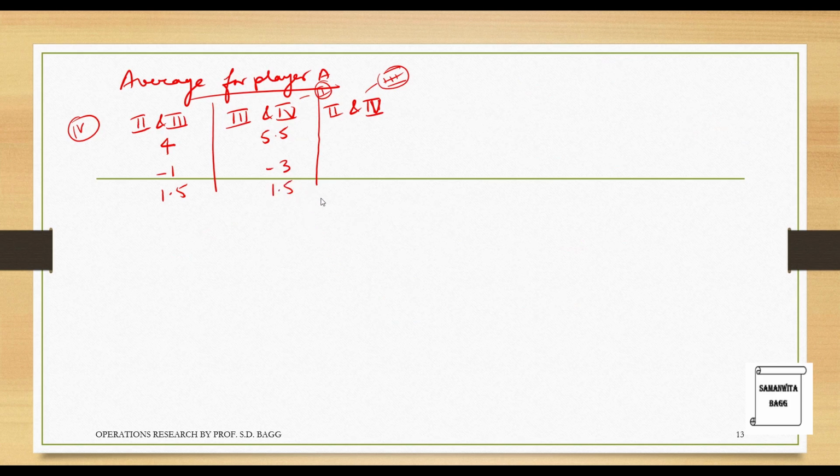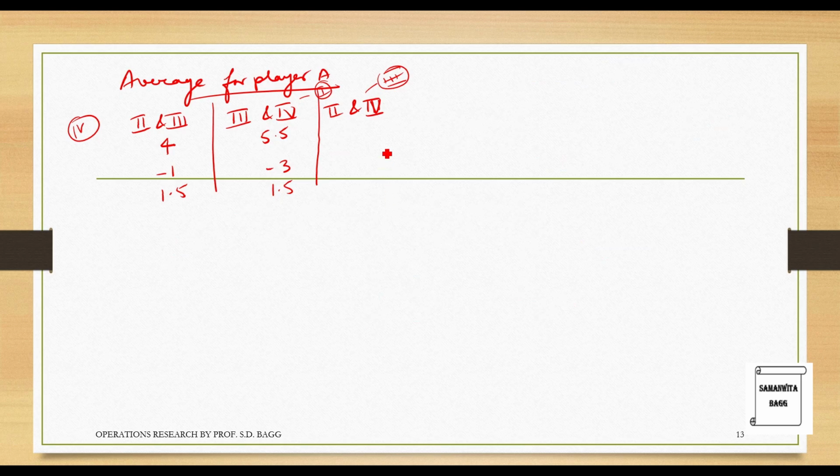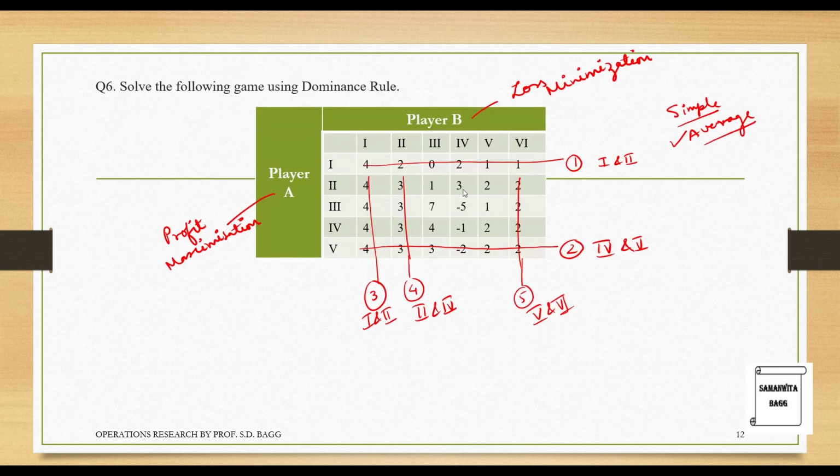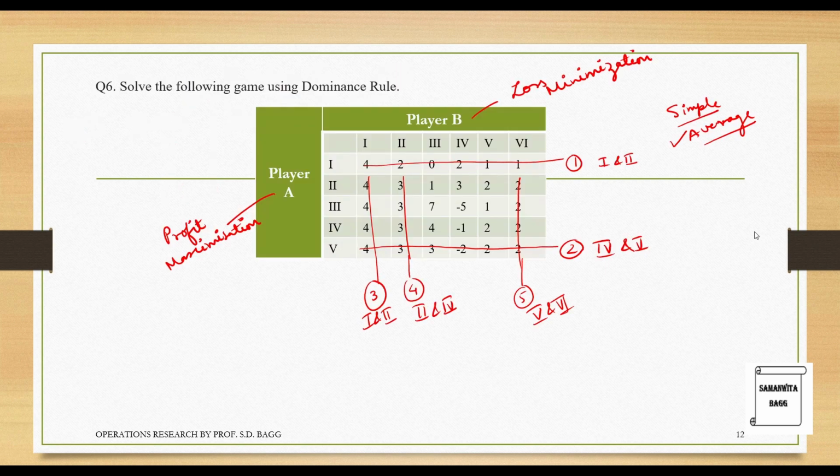Then I'll calculate 2 and 4. So this is 4 plus 1, 5 by 2, 2.5. Next is 3 minus 1, that is 2 by 2, 1. And this is 2 plus 2, 4 by 2